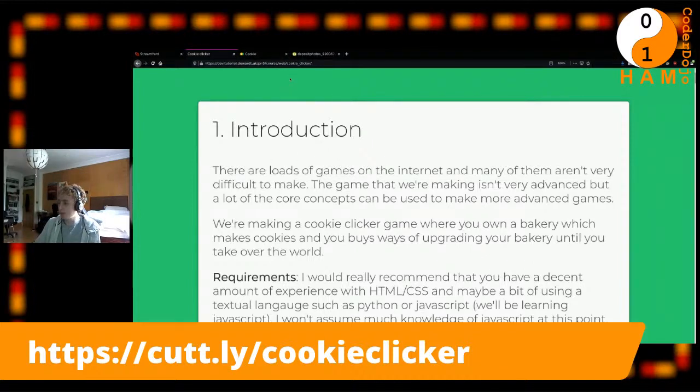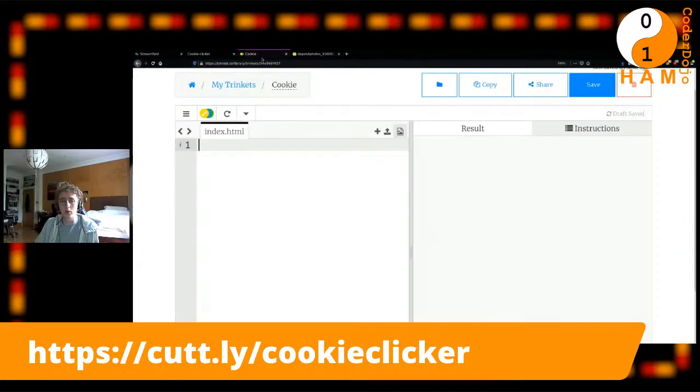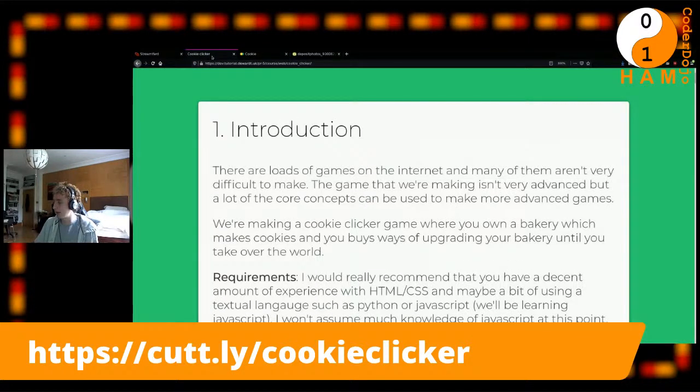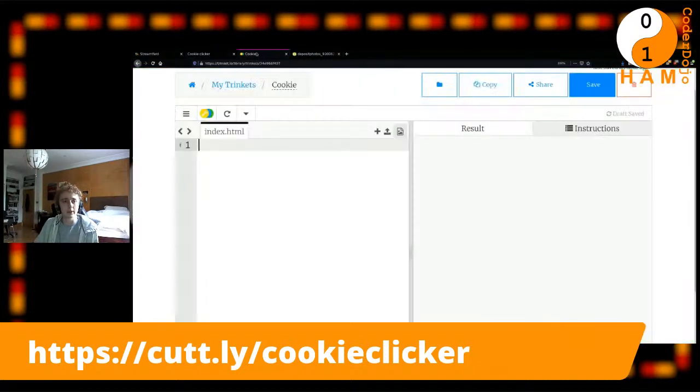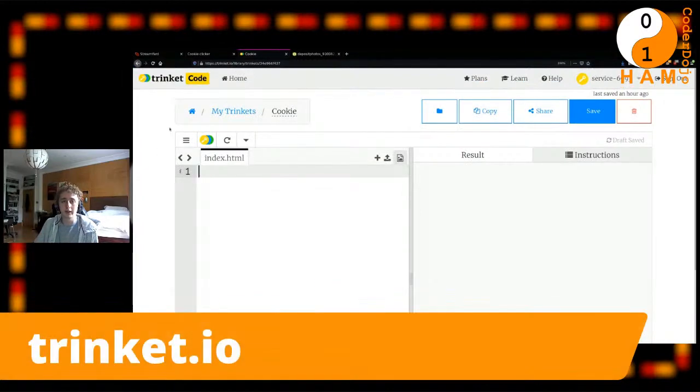I'll just give a few minutes for people to go to that link. Once you go to that link, it'd be great if you can go to Trinket and create an HTML project. I think there's some information in the document. I'll see that. But if you go to trinket.io,